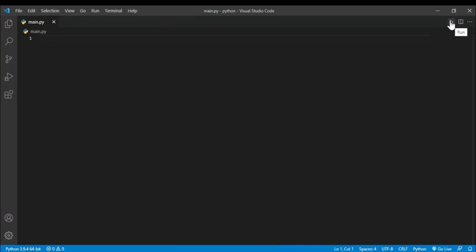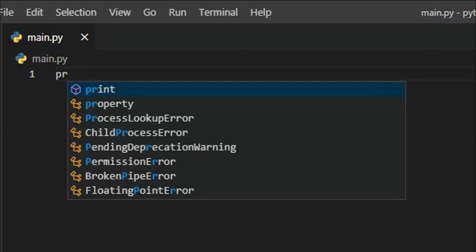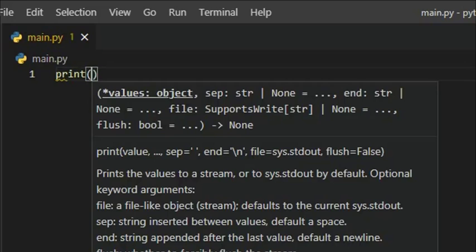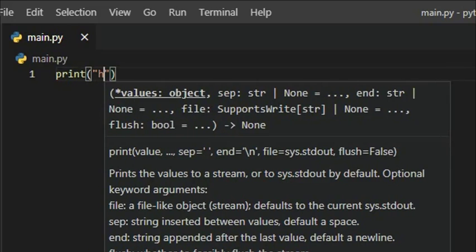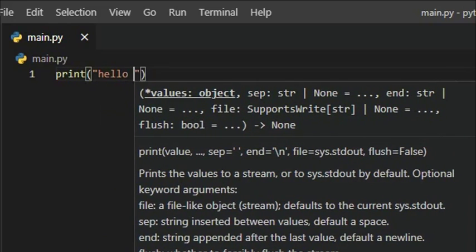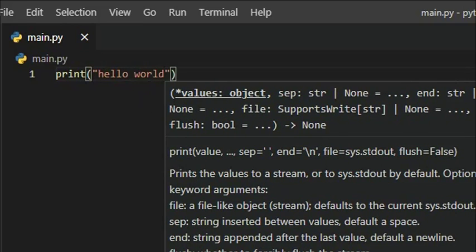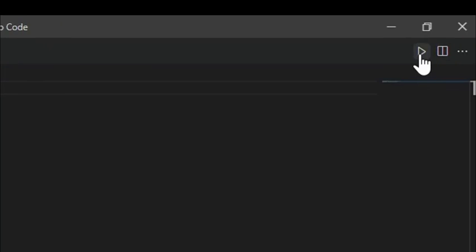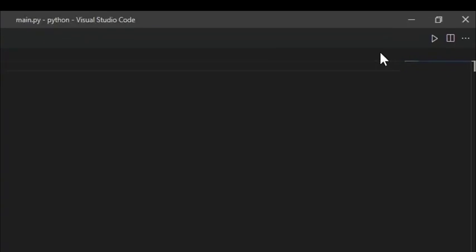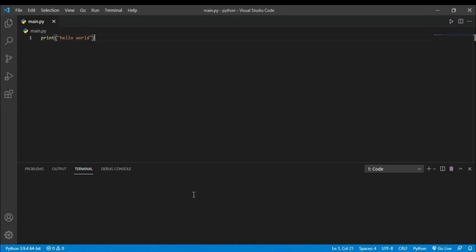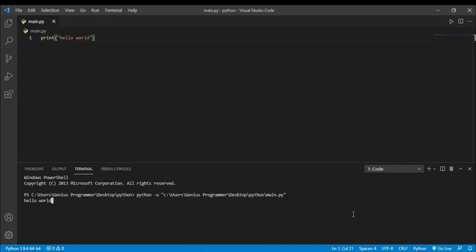So first you have to write Python code. For that, write print, code completion is giving it, then give hello world. Now click on the run button, run code. Now it is running in the terminal, but by default it would be running elsewhere.